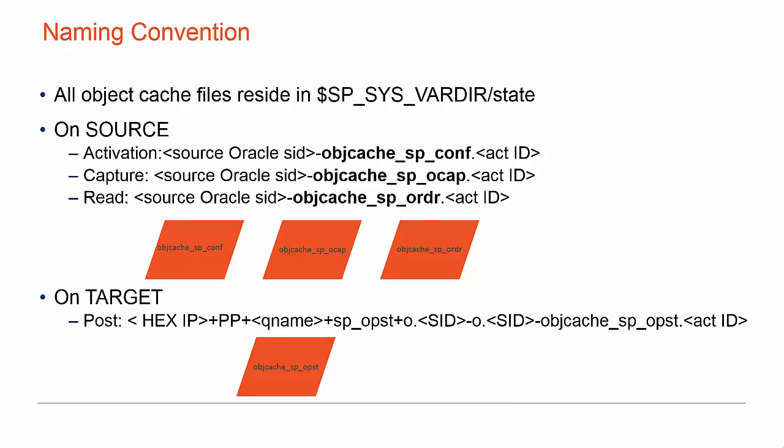Now, let's take a look at the naming convention. All object cache files reside in the spsys vardir/state directory. On source, the object cache for activation is named Oracle SID objcache spconf.activationid. For capture, it is named Oracle SID objcache spocap.activationid, and similarly for read, it is named Oracle SID objcache